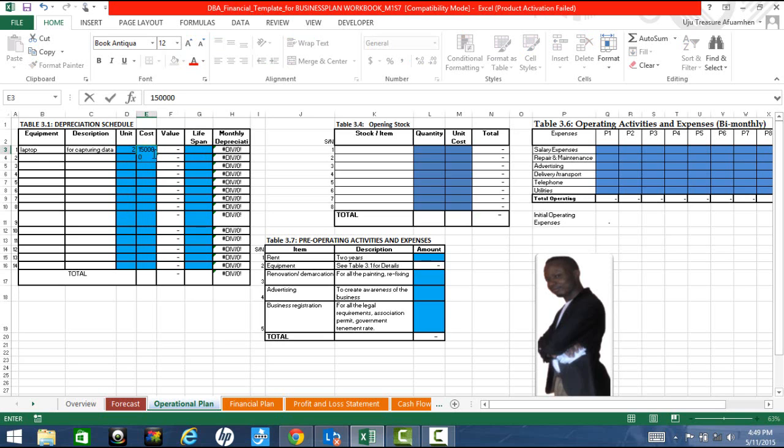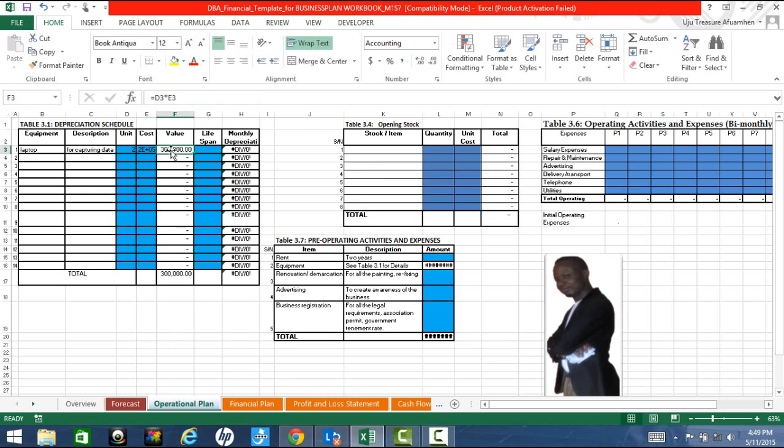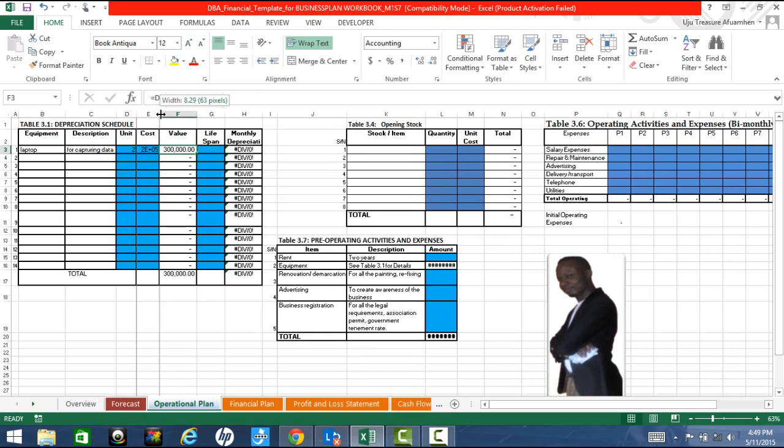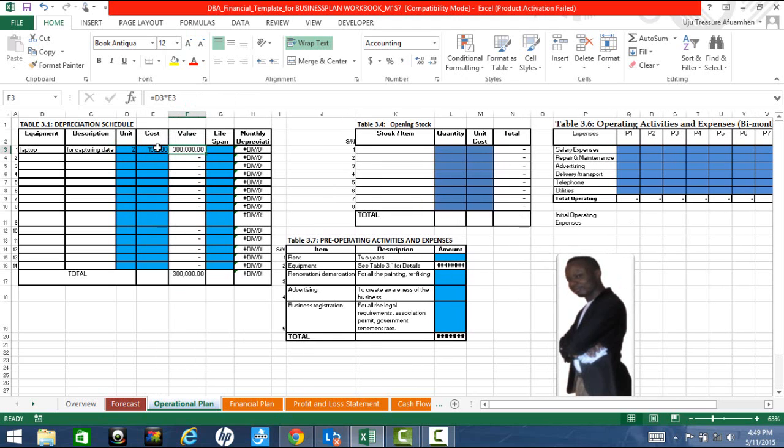Okay. Now, once you input this, the system generates the value. You don't need to input that. So how did we arrive at this? The system multiplied the value you have here in your cost column with what you have in the unit column, and that gave us this. Now, the next thing is to determine the lifespan